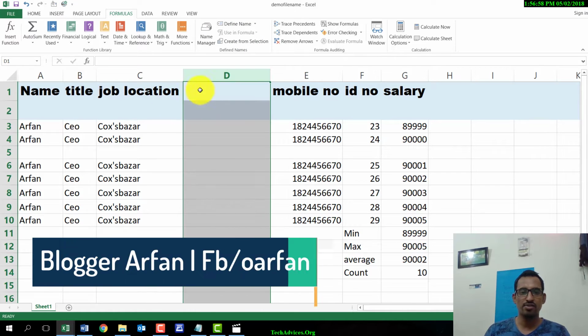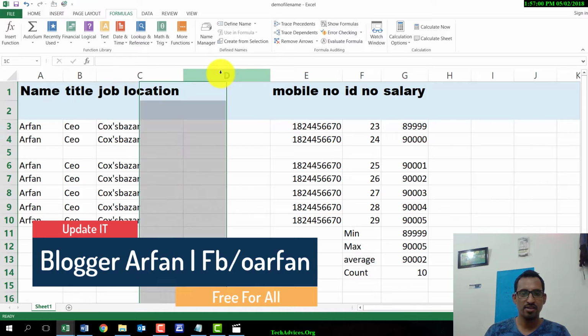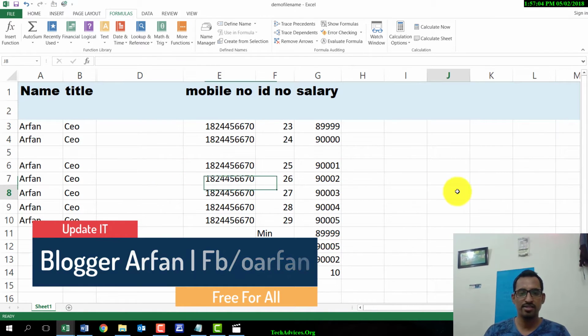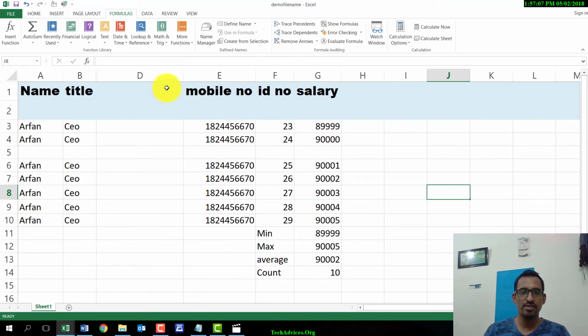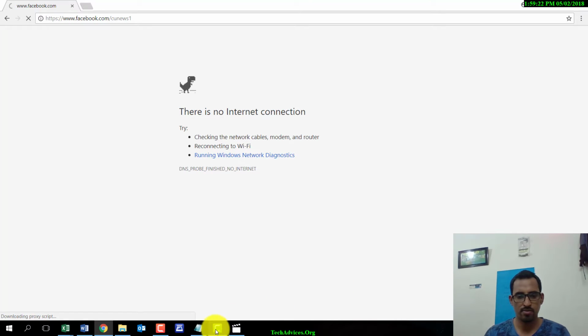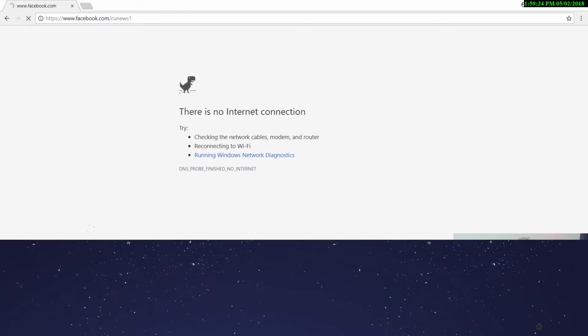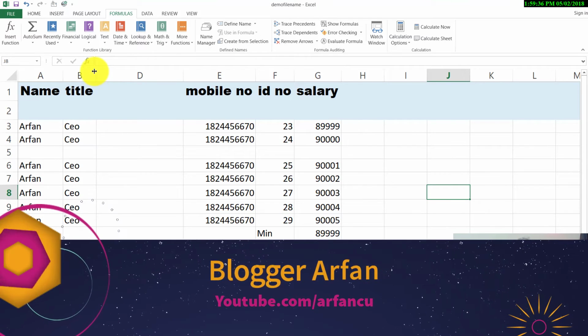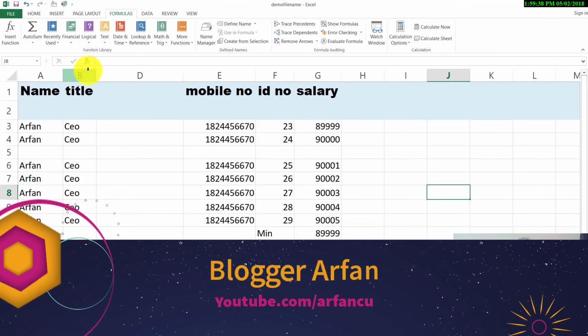So if you want to hide this one, then click on the hide. Now your row is done. It's not deleted, it's just hidden. Whatever you hid and whatever you unhid, and if you want to unhide that row, then you can